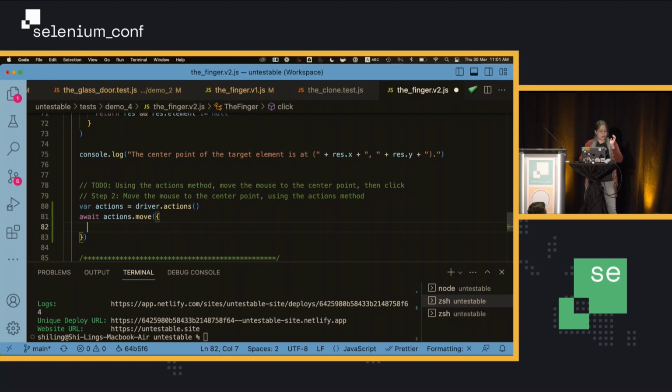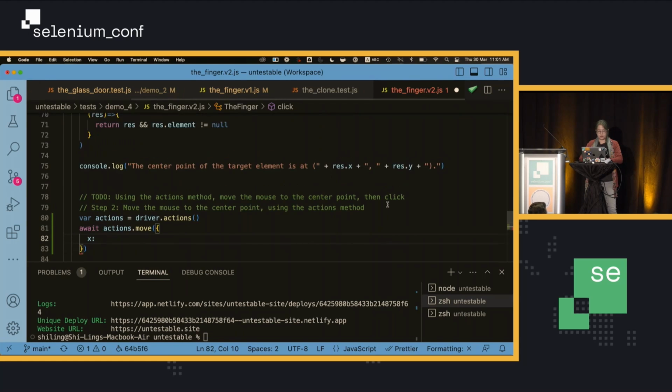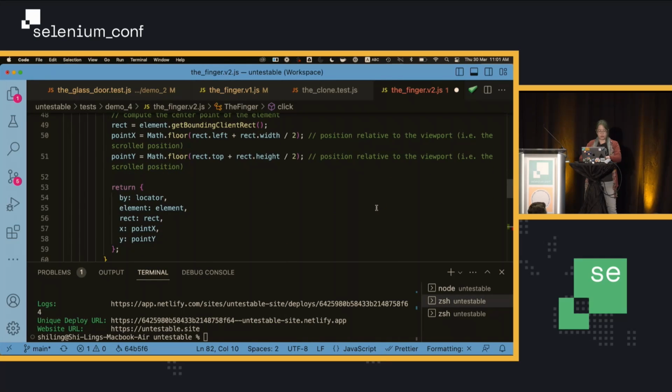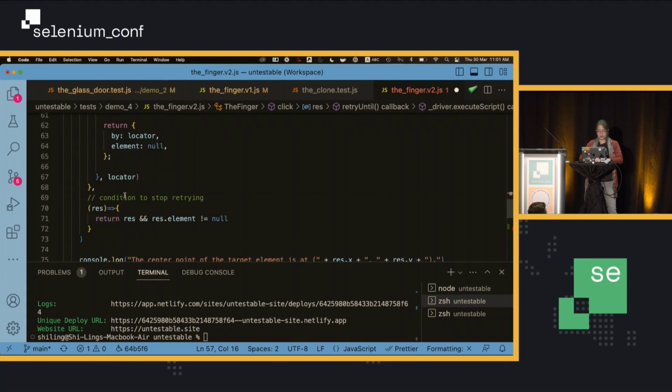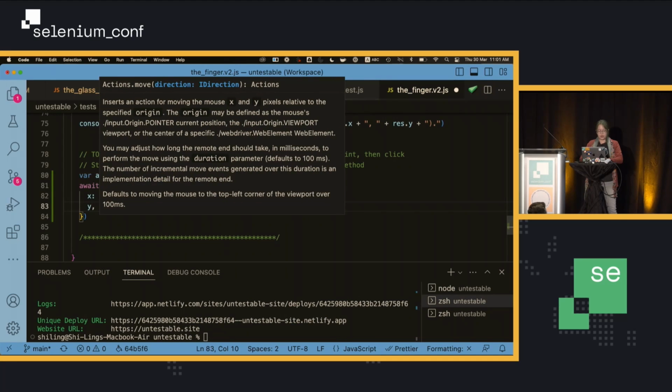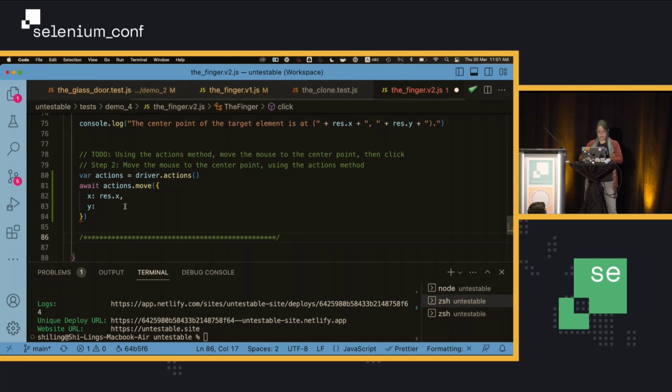We're going to move to the X position given by our response. The response will give us X and Y, so we move to response.x, and Y will be response.y.